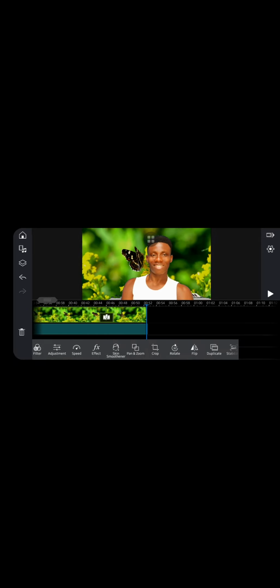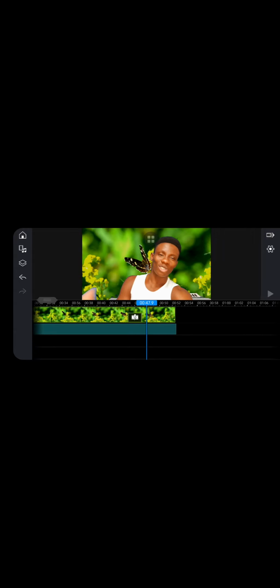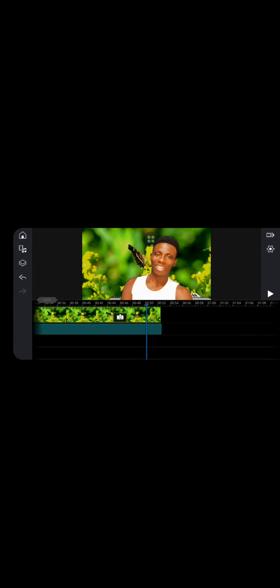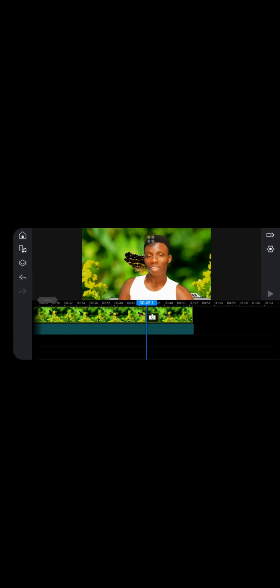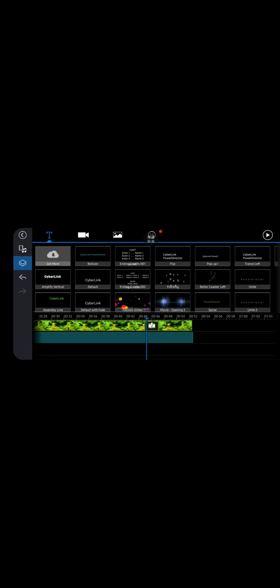See it? So if you tap after doing it, as you can see, if I still want to add, I will still go back to, you see where I touch, this same place, this same icon.